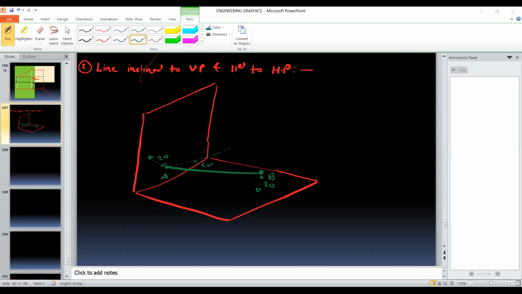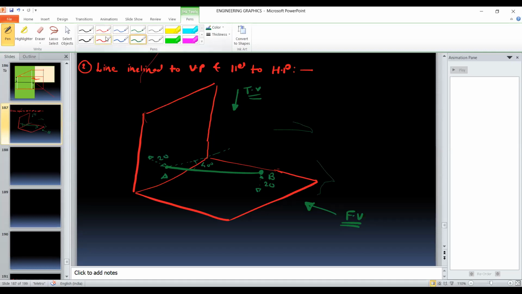So this is the second condition, when the line is inclined to the vertical plane and it is parallel to HP, and the line is lying in the first quadrant. For this case, if you observe from the front direction, we will observe the reduced length because the line is inclined to the vertical plane. The geometry projected on the vertical plane will have a smaller dimension compared to the true length of the line. And if you observe from the top direction, the top view will give the actual length, that is called the true length.